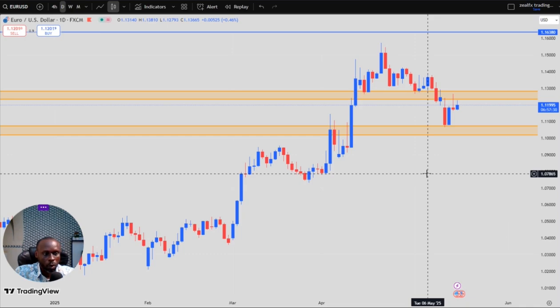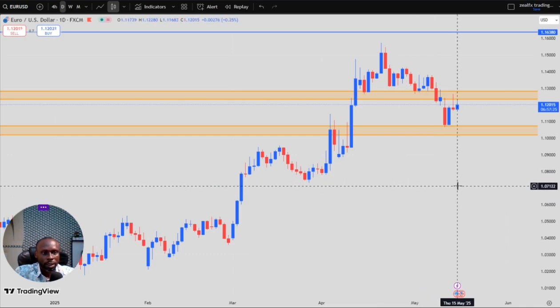Price was on a sideways trend this week since the week began, and we are expecting more uptrend move on the Euro USD because the higher time frame is still telling us that we are expecting more uptrend move on the